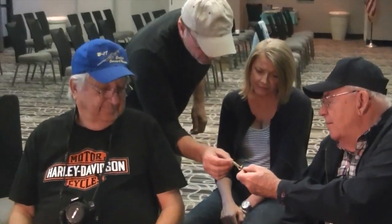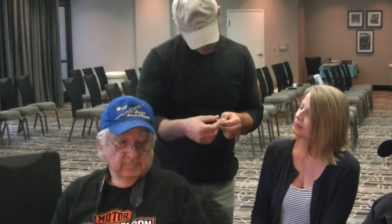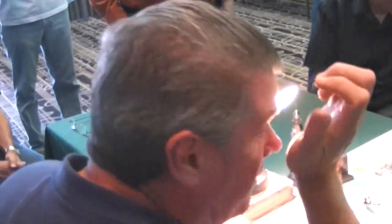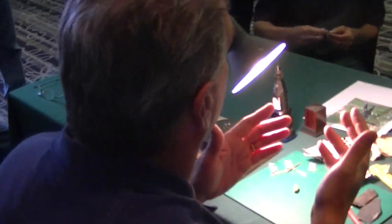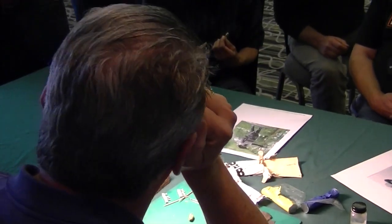Because again, one of the most common mistakes sculptors who are just learning make is they tend to just overdo it. They either put way too much putty on, and then they're scraping it off, and it all gets messed up, or they're just not putting enough on, and they're not quite sure whether or not they need more, and they just keep spreading it farther and farther and farther, and pretty soon it...